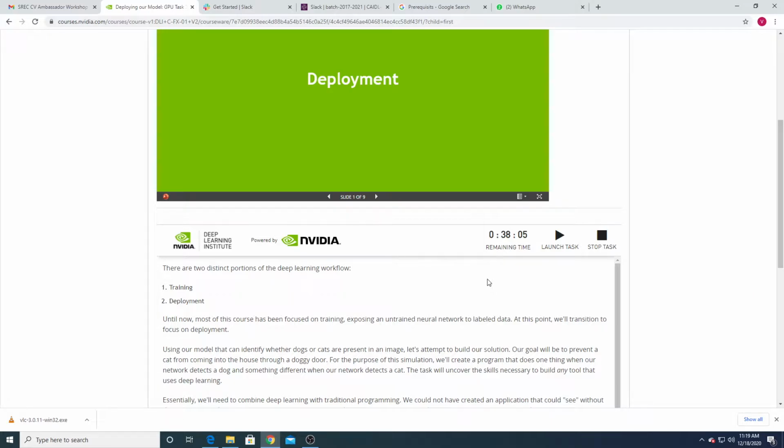That Python script acts as a doggy door. Doggy door means when a dog comes in front of the door, we have to show a message to open the door. If a cat is coming, then we don't open. It allows only dogs, not cats. Our CNN model helps decide whether the coming animal is a dog or a cat, and based on the outcome, we have to output a text message. So for that, we have to click on launch task.